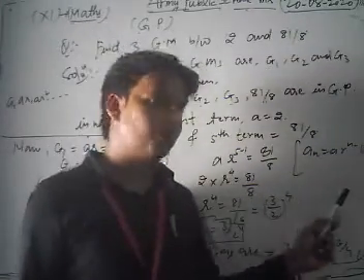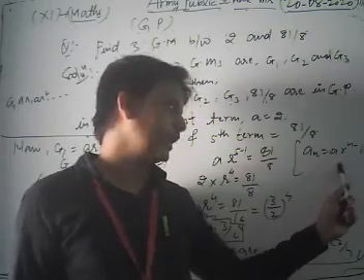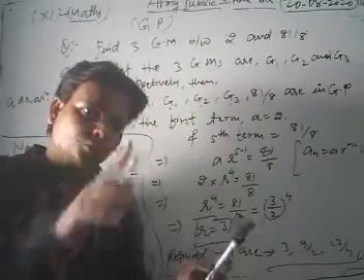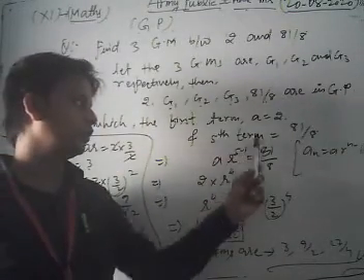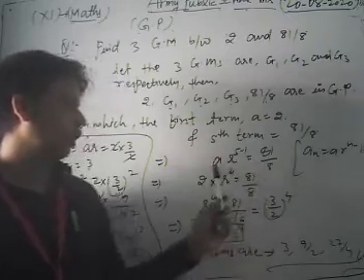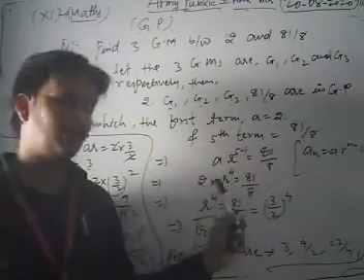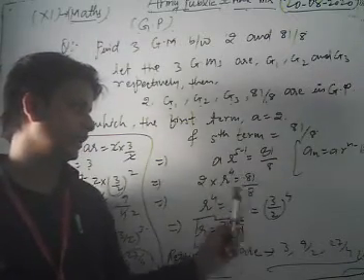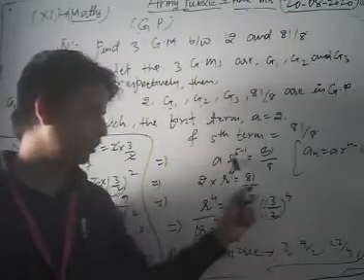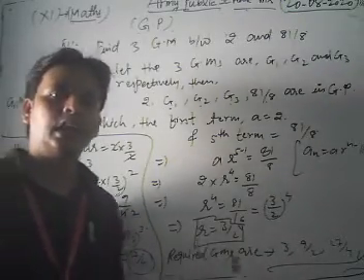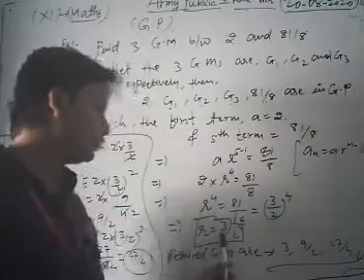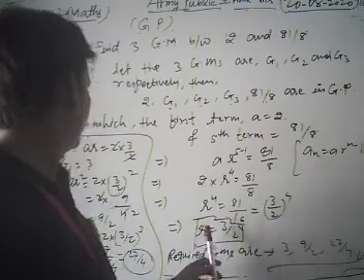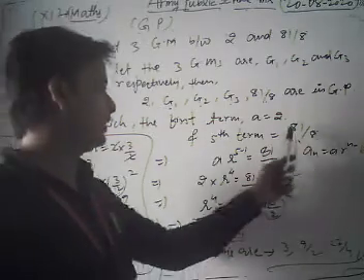You know that the formula for the nth term of a GP is an equals ar to the power n minus 1. Here the fifth term is 81 by 8, so we write ar to the power 5 minus 1 is equal to 81 upon 8. Now we put the value of a as 2 here. Now r to the power 4 equals 81 by 8 upon 2. After solving this equation, we get the value of r, the common ratio, as 3 by 2. Now a is already given as 2.